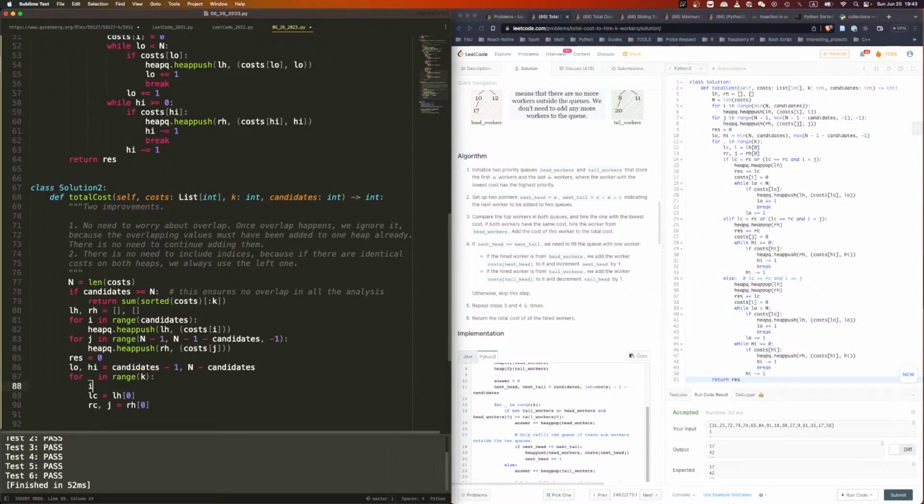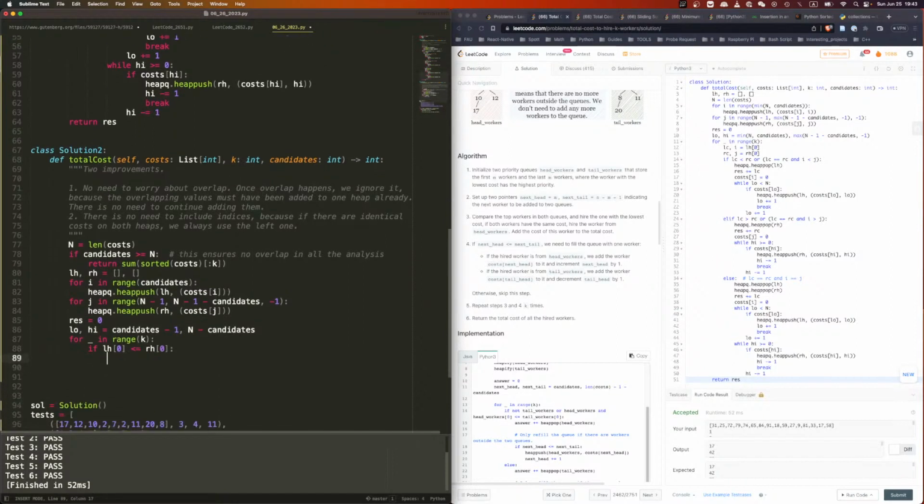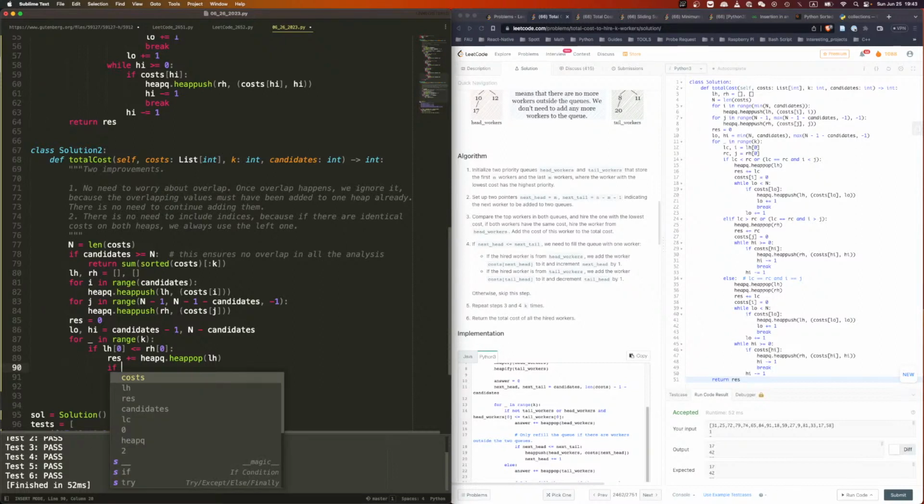Then you probably can just say if 0 is smaller or equal to, right? We always take the left. We say res plus equal to lh.pop. No, heapq.heappop lh. Right? We pop this, and then we need to add 1, and we need to make sure they do not overlap. Then we just say if low plus 1 is smaller than h. Yeah, that means they do not overlap. Then heapq.heappush